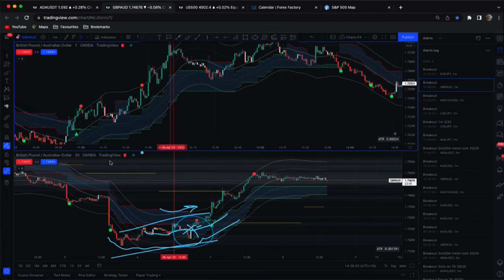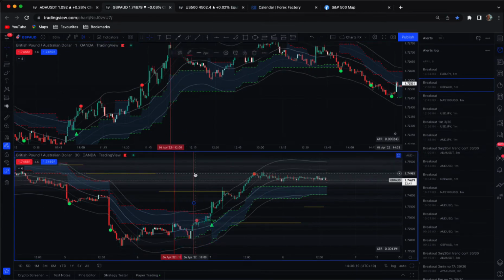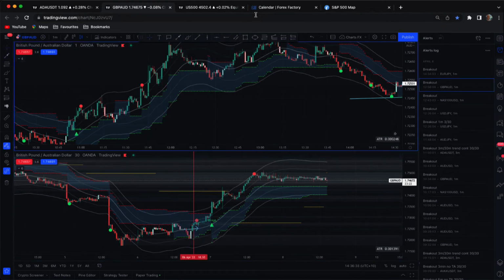So my point of interest is going to be up around here. Okay, once we get the break of the line, you can see this midline running through here, and this is where I'm interested in entering the market. There's a couple of things with our indicators. I want to know that we've moved from trading under the cloud, in this case, to trading in the cloud